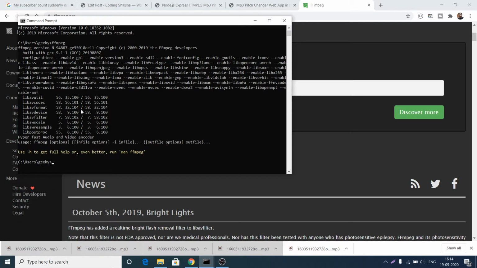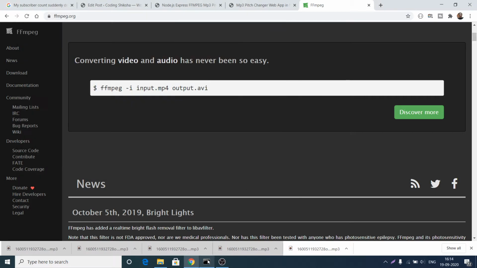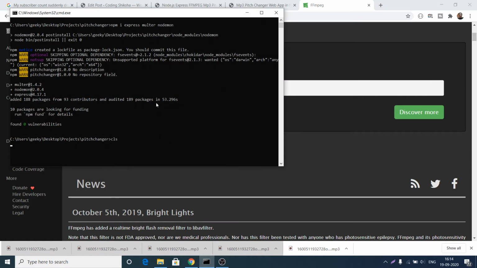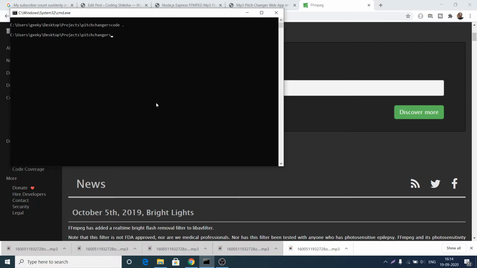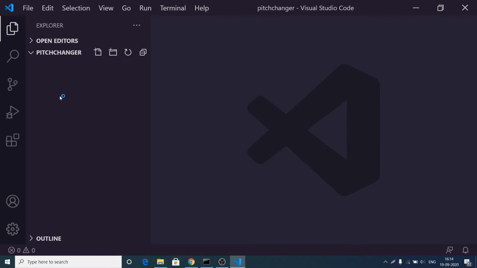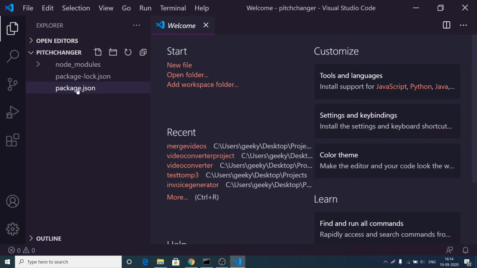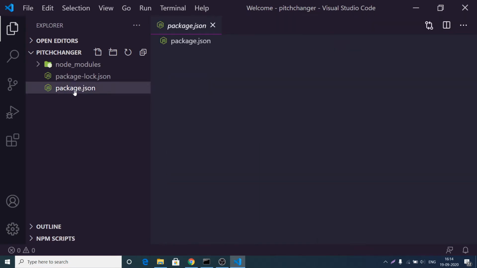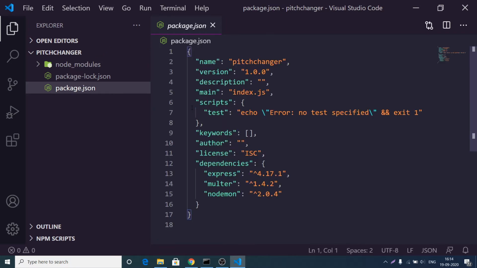If the command is successful, then you have successfully installed ffmpeg. And let me now check all the packages are installed. If I open this file inside Visual Studio Code, you will find a file called package.json is automatically created for you by these commands. If you open this file, you will see a slight description about your project, which is name, version, description.